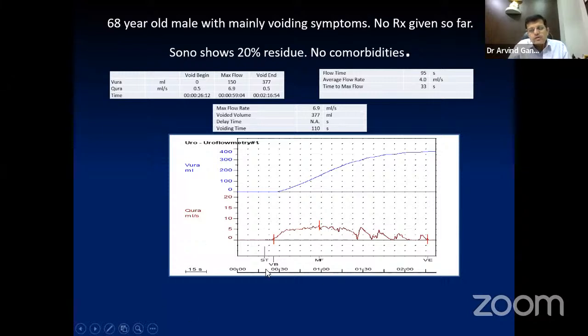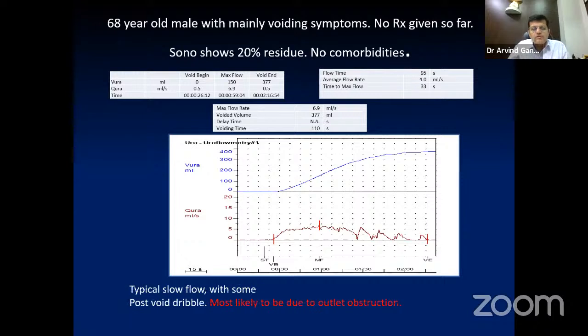So if I want to interpret this graph, I can interpret it in such a way that the patient has not initiated the act immediately. He has waited for some time, and then he has not voided with an extremely excellent flow. He has taken some time to initiate the flow, and the flow is not exactly flat, but it is an obstructed flow. So this is obviously most likely an outlet obstruction, as he's not keeping any PVR. He might be a candidate for medical therapy.